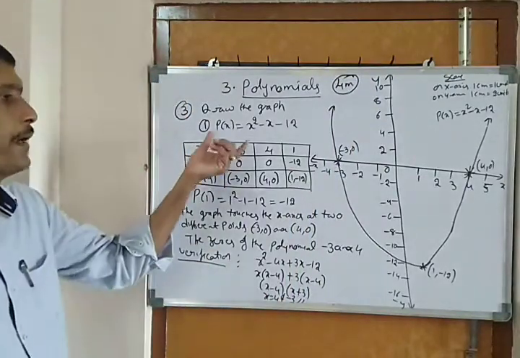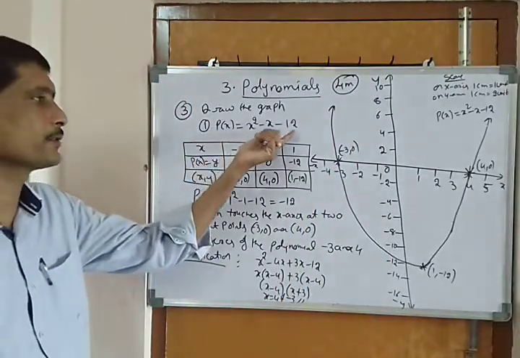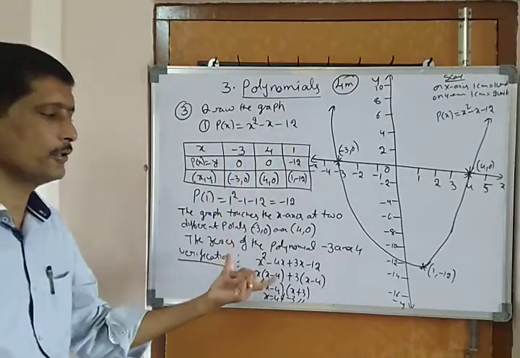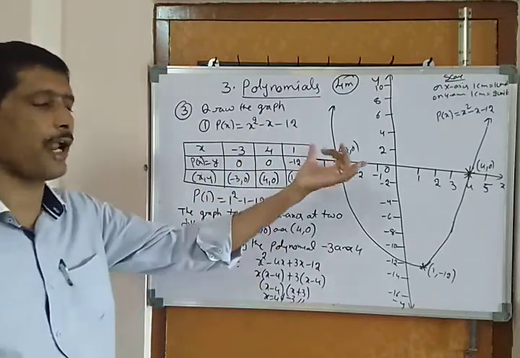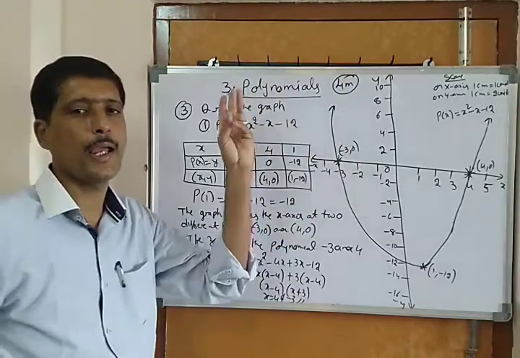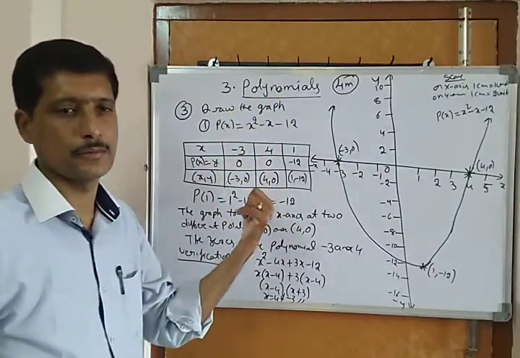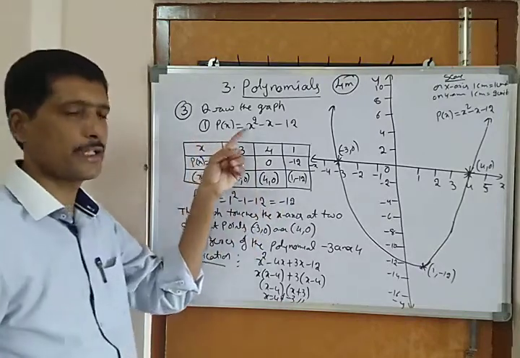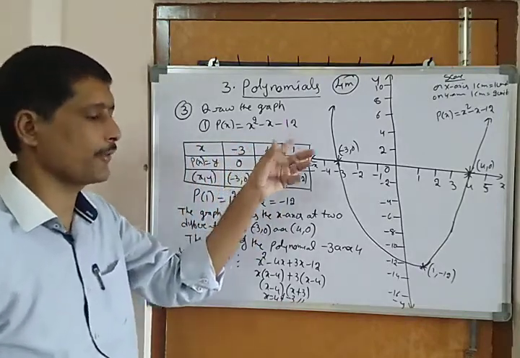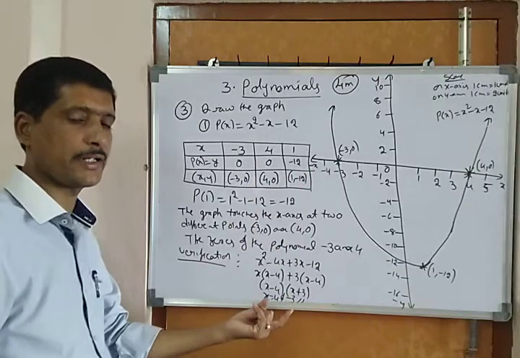Therefore here p of x equal to x square minus x minus 12. This is done on the back side, and the graph is on the graph side only. On the graph side we use a pencil only, and on the back side only a pen. First do a rough, that is the factorization and splitting and everything.